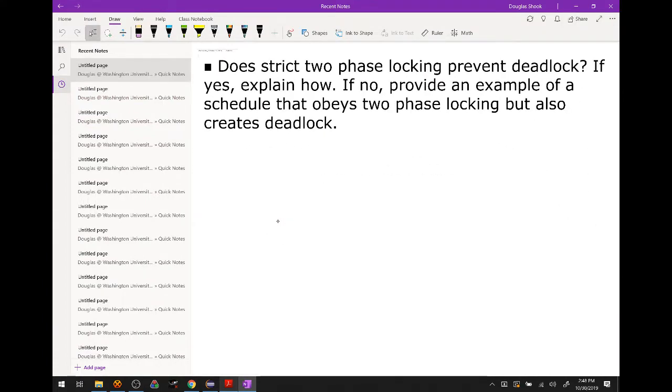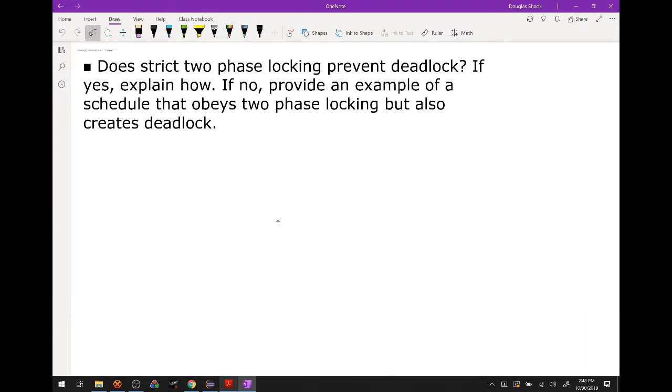prompt. What kind of locks do you think would be more likely to prevent deadlock? Because we've got two different kinds, or actually more than that. But if we just stick with the basic two kinds of locks, which kind do you think would be more likely to cause deadlock? Perhaps that's a poorly worded question. Exclusive locks, write locks? Why? Why are write locks more dangerous when it comes to deadlock?